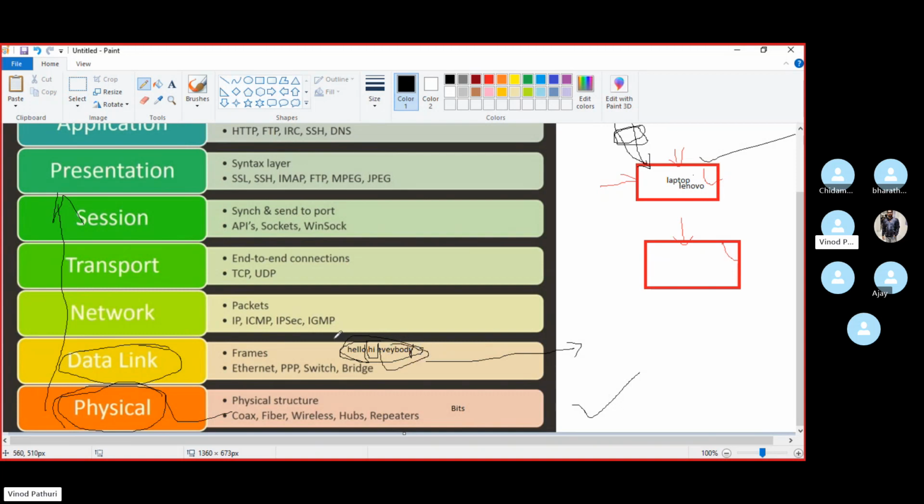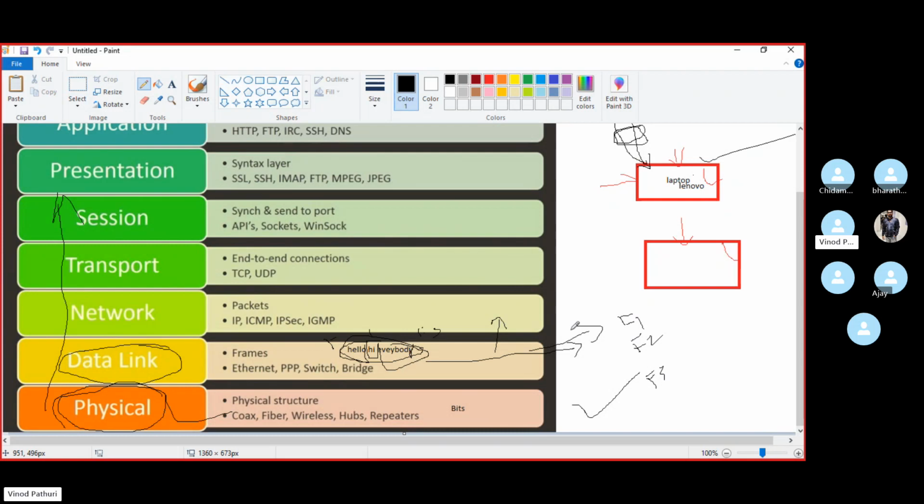For frame one it gives one address, frame two another address, frame three one more address. So it will give a number for itself, and whenever it is transferring to the next layer, it will send those frames and receive the confirmation: okay, frame 1 is delivered, frame 2 is delivered, and frame 3 is delivered. There is a table, we will discuss it later.